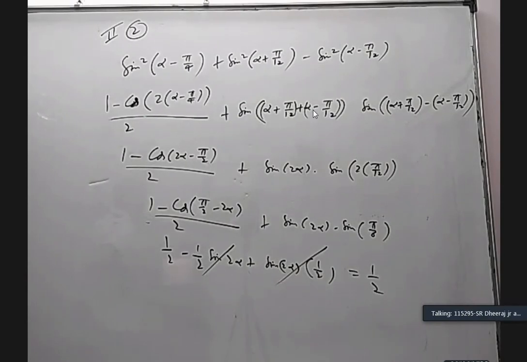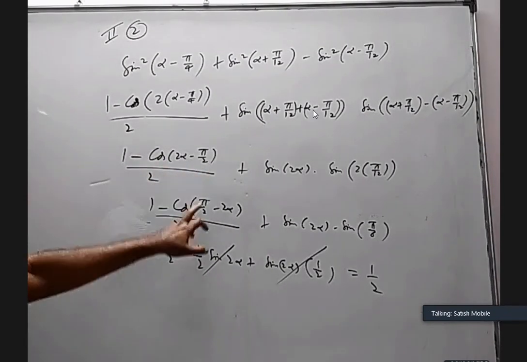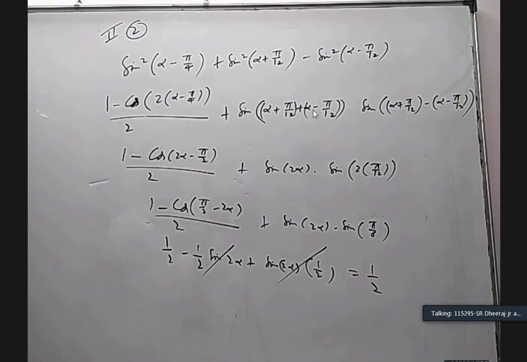Sir, here, 2 alpha minus pi by 2, we wrote it, that means cos(A minus B) or cos(B minus A), both minus are the same. Cos of minus theta is equal to cos theta. That formula, sir. Yeah, cos minus theta is cos theta that way, or cos(A minus B), cos(B minus A) will have the same form. Either way is okay.